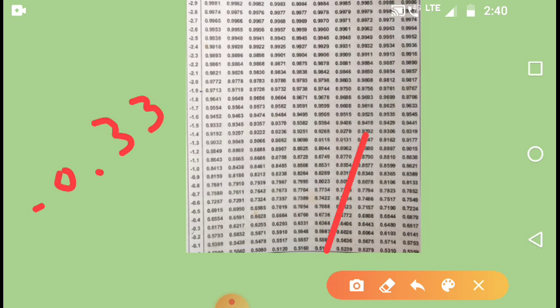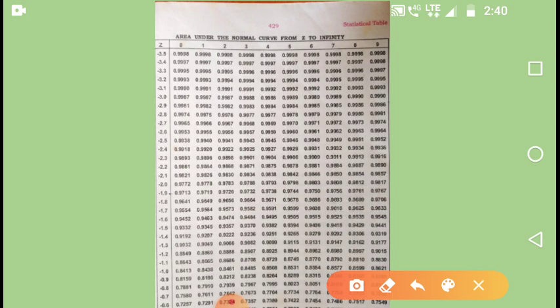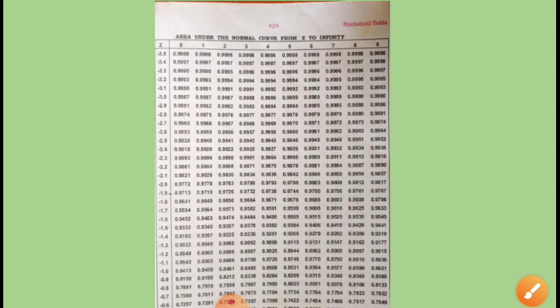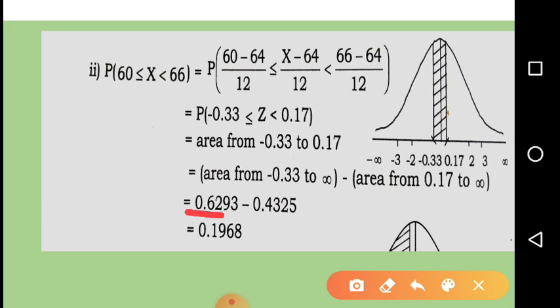This is not in this chart. No, it is there, students. If you can just zoom it, wait, I'll just zoom it. Minus 0.33, right? No, 0.3, it's not there. Okay, the capturing of the photo is a little wrong. It's okay. I can show you the chart in the class, how this value comes. That is easy, you just have to see the chart.